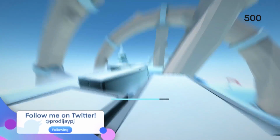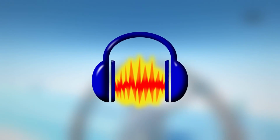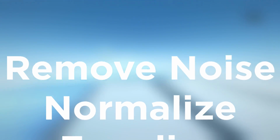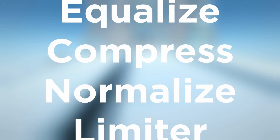So I make sure to always have VoiceMeeter on when I'm using my mic in general. And for my audio recording software, I just use Audacity because it's free and simple to use. And the main things that I normally do while editing my voice is just remove the background noise, normalize my voice, equalize my voice with the right amount of bass and treble, compress it, normalize it again, and then I